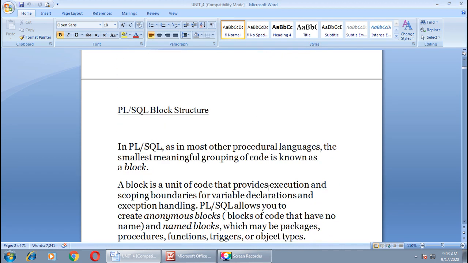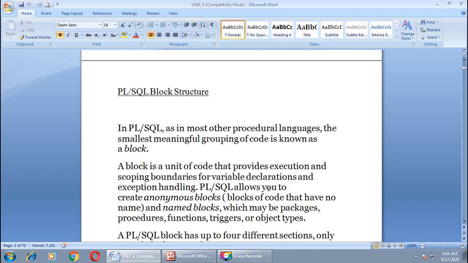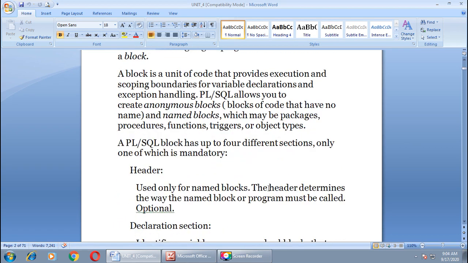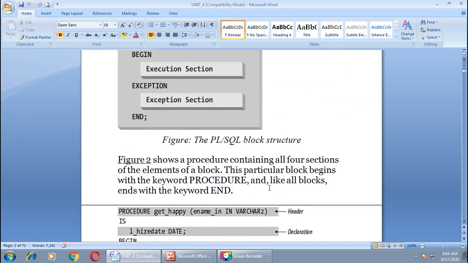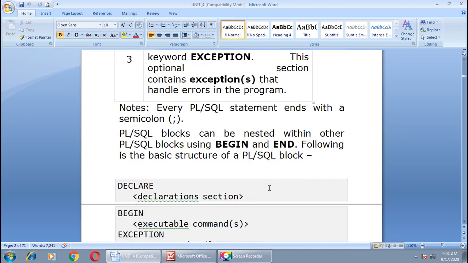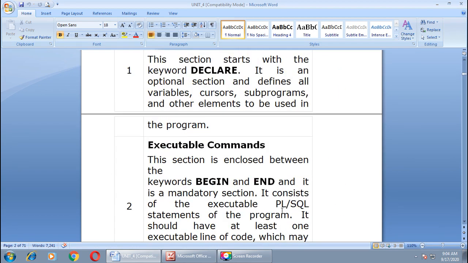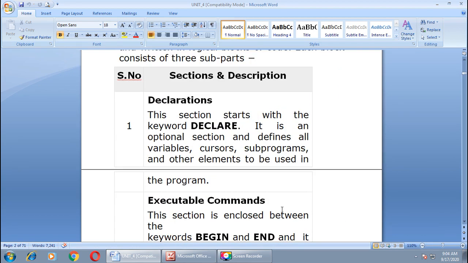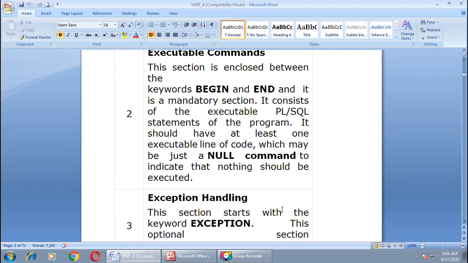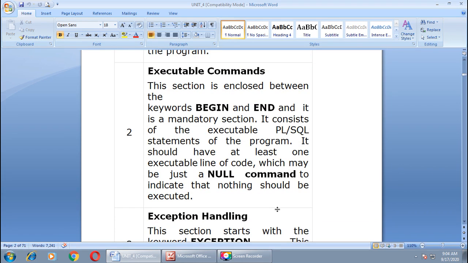We had gone through the block structure of PL/SQL and done two examples also. Let me show you the structure. Yes, this is our structure: header part, declaration part, executable part, and exception portion, right? Mainly it is made up of 4 sections. I repeat: header, declaration, executable part, and exception handling. Out of these 4, only one section is compulsory, that is the executable section, right?